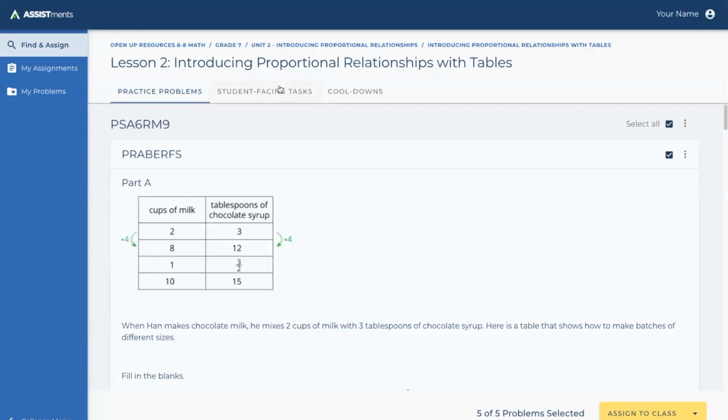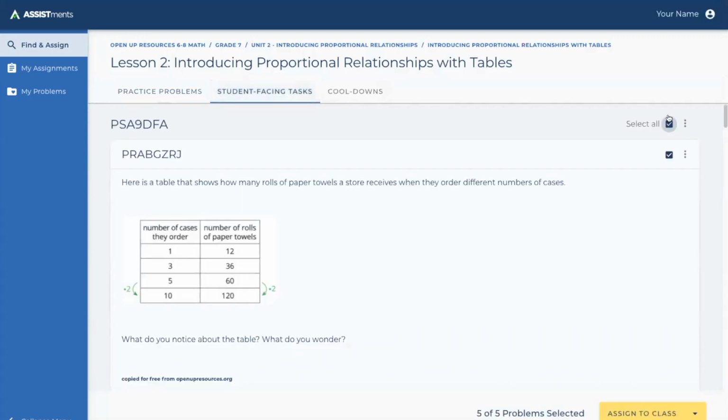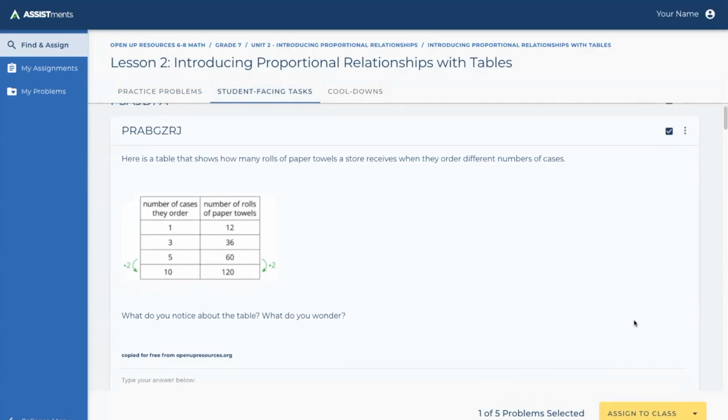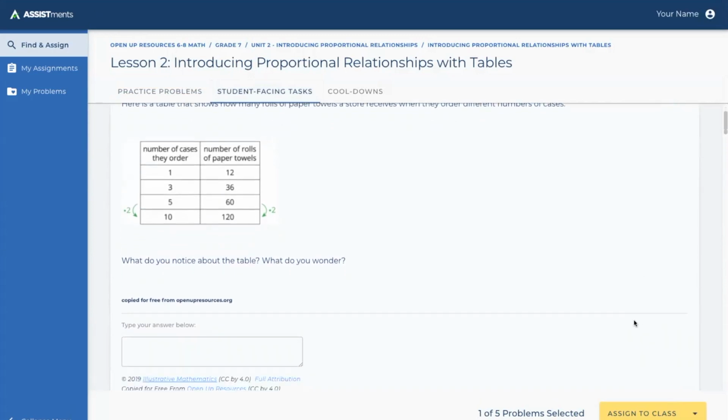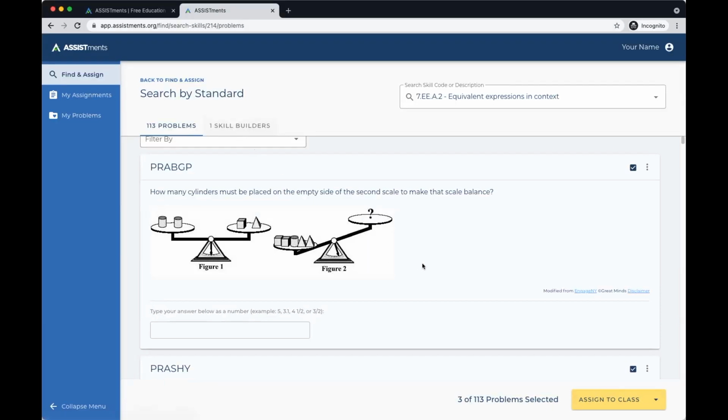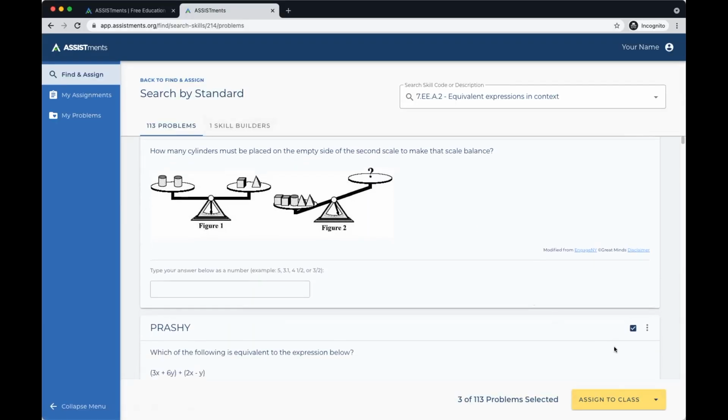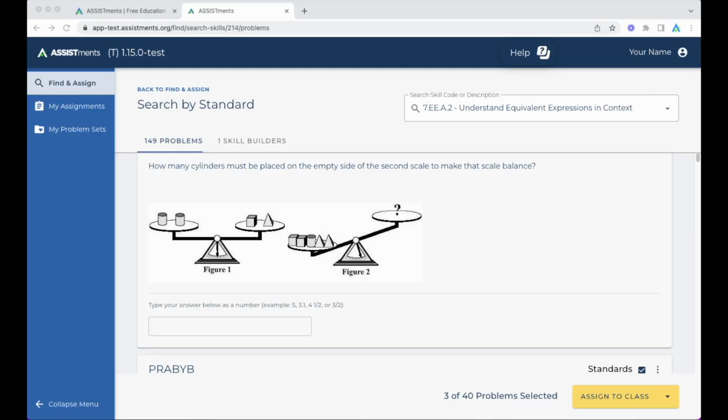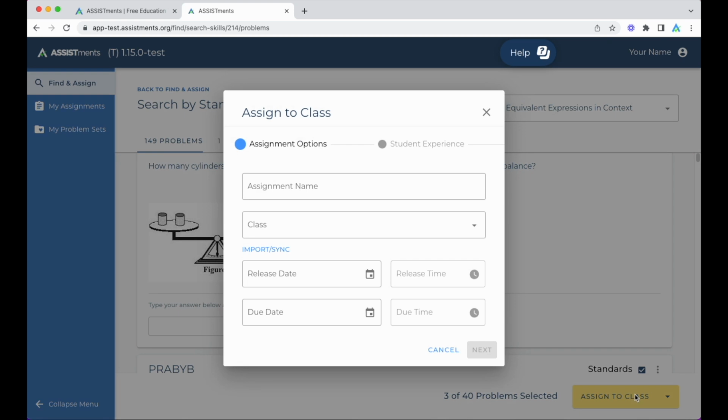At this point, you can choose to assign all problems in the problem set, or make a selection of specific problems by checking the boxes on the right. Once you have chosen the problems you would like to assign, click Assign to Class at the bottom of the page. You will now reach the Assign Time options where you can modify the name of the assignment,